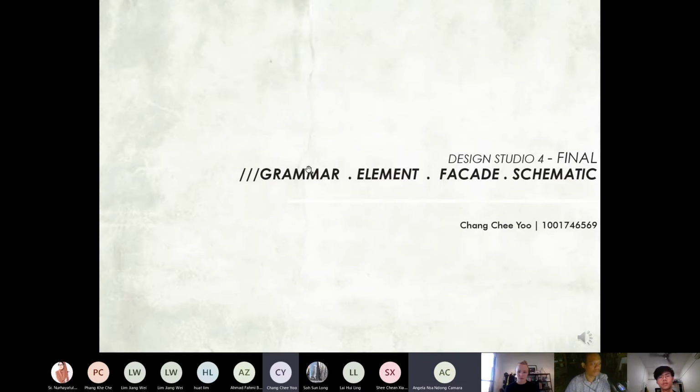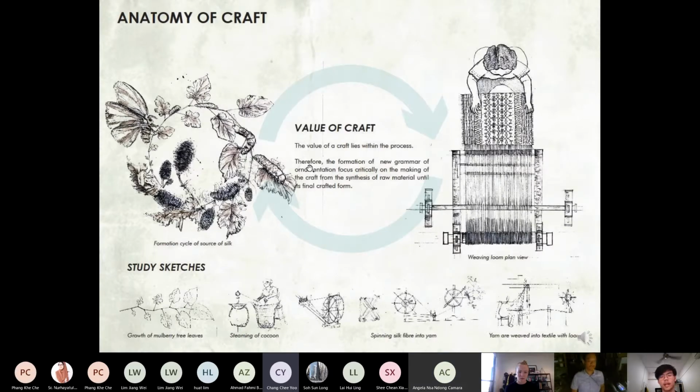So this first part is that I look into the value of craft behind the textile, which is in its process of making, from its formation cycle, from the nature source until the human interference with the motion and machine, and then it formed in the final form. So then I will look into this mechanism and how it runs.